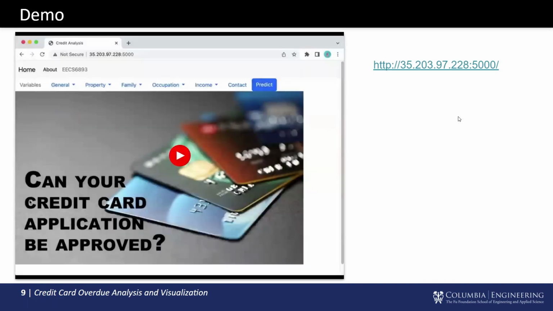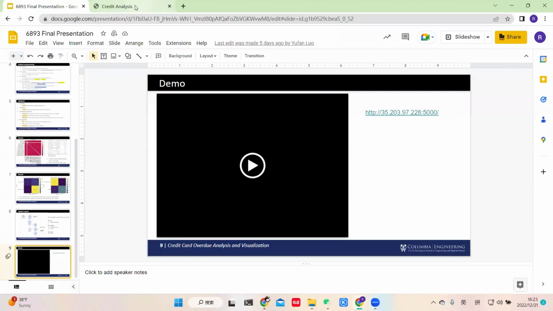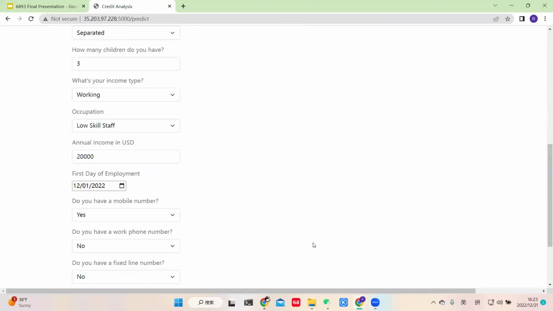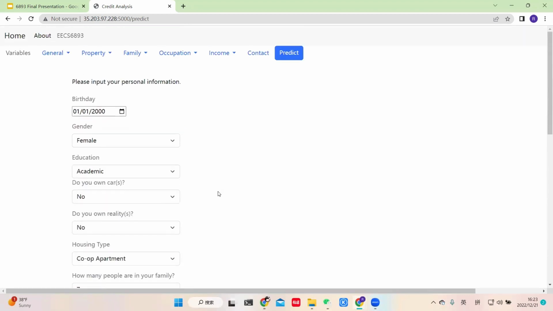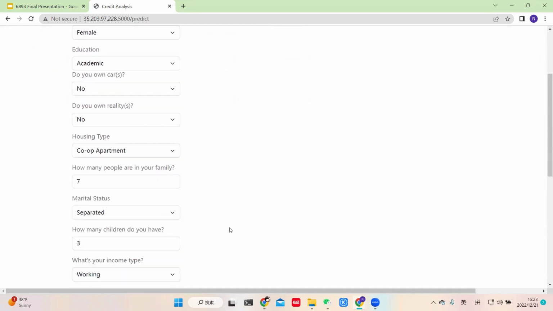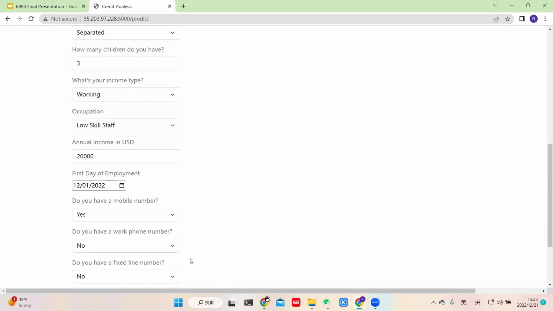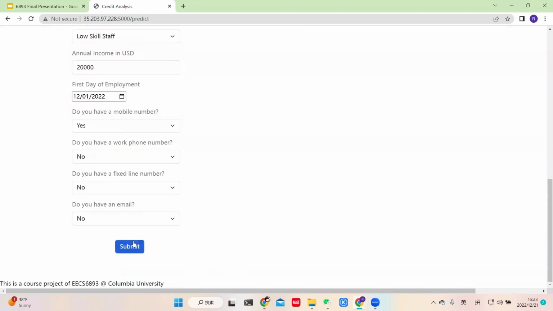I will also show you another particular case which shows an extreme prediction result. So I already have our application right here, and I already entered the required values you can see here for making a prediction. And you can see once we submit the inputs, a pretty low probability is calculated and displayed.